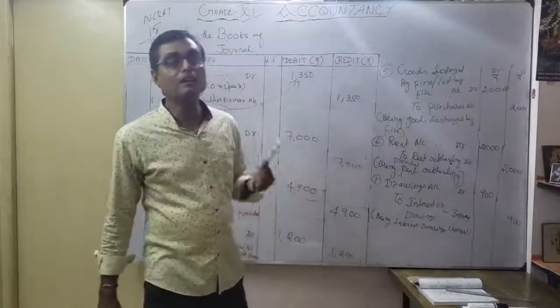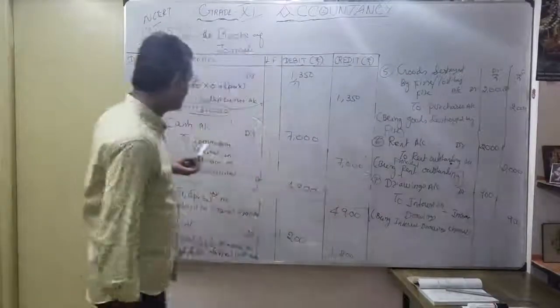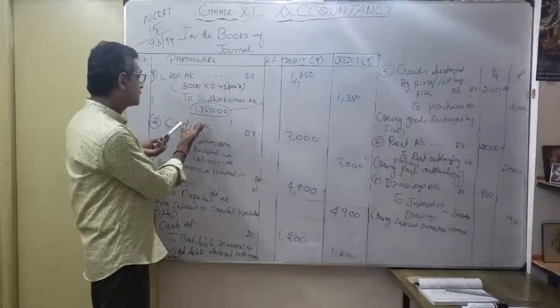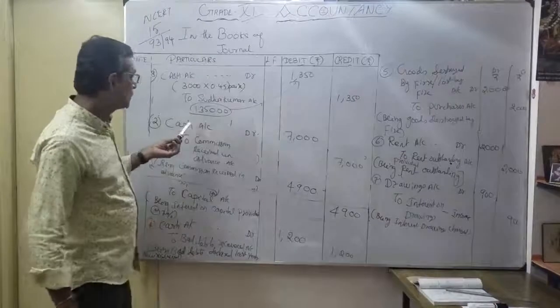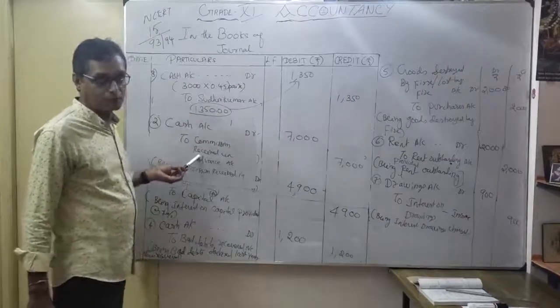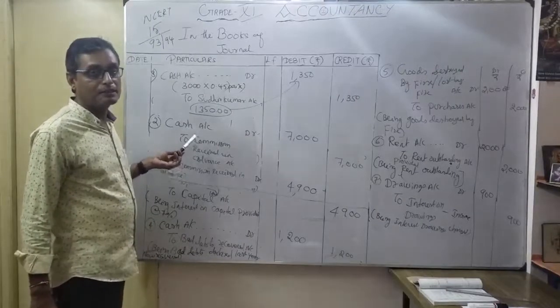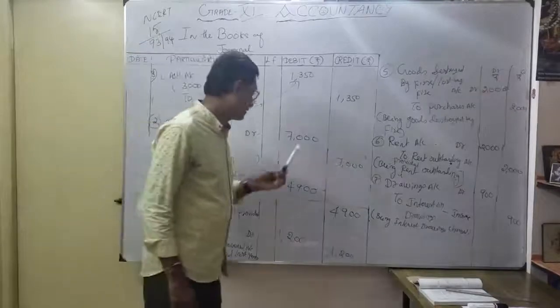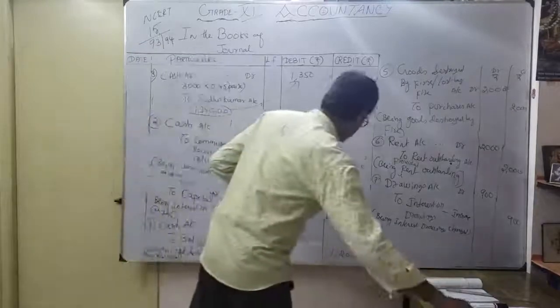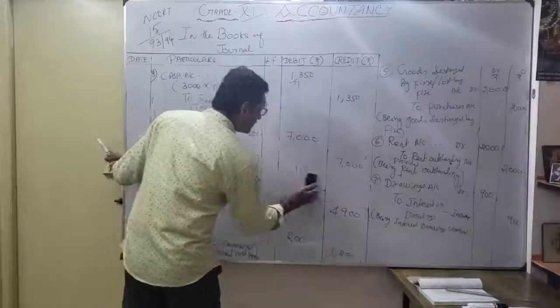As a credit, all my income and gains. So as a company, I got cash as a real account. Why am I debiting? It comes under asset account. So debit what comes in. Nominal account: credit all my income and gains. That's the commission received in advance account, 7,000. Okay, that's it. I close the transaction here.